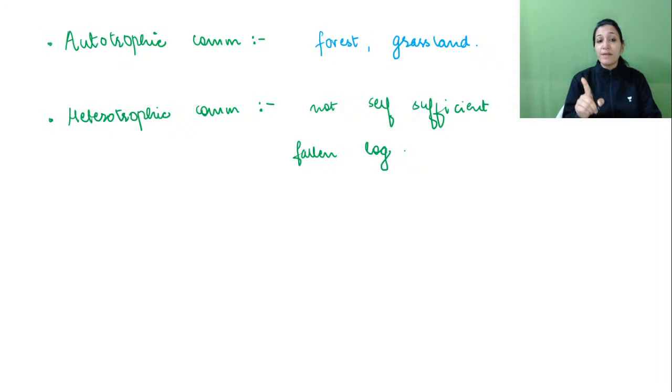So not only plants but animals are also going to come in the autotrophic community. And when we talk about the heterotrophic community, we talk mostly about the animal species, those which are not autotrophic in nature. All the communities have certain characters that define their biological and physical structure, but these characteristics actually vary in space and time.